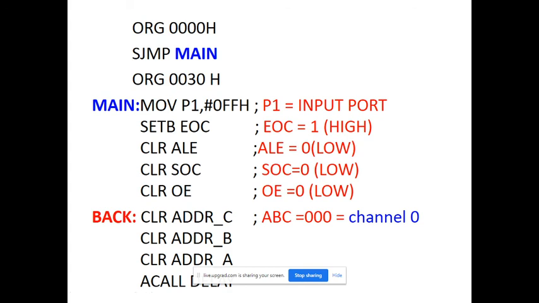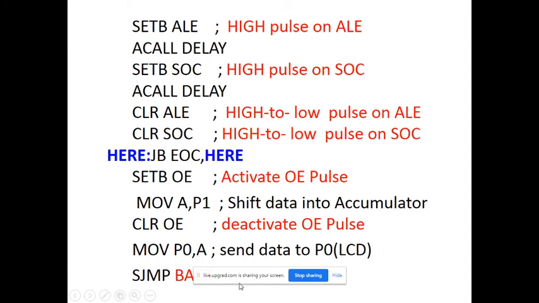I want to select the sensor which is connected to channel number 0 of the ADC, and that's why I'm placing A, B, C as 000. So clear address register C, address register B, address register A. In this fashion I am clearing all these bits: clear C, clear B and clear A. That means you are putting 000 to choose channel number 0, and then you are calling the delay. Because the speed of the controller is very fast, we are introducing a delay in between.